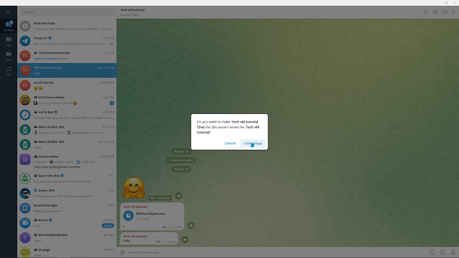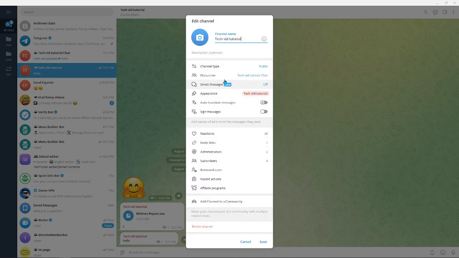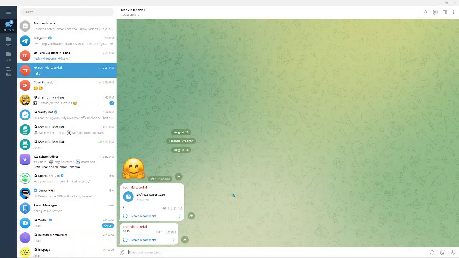This automatically pairs a discussion group to your broadcast channel, so every time you post an update, a neat little comment section gets tied to it. Once that's done, you'll see a Leave a Comment button right under your posts, and you can manage moderation right